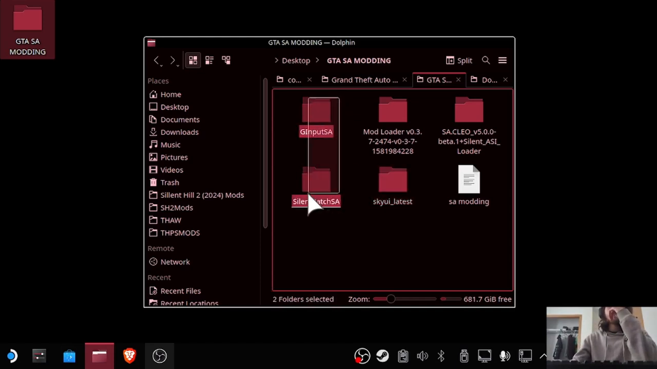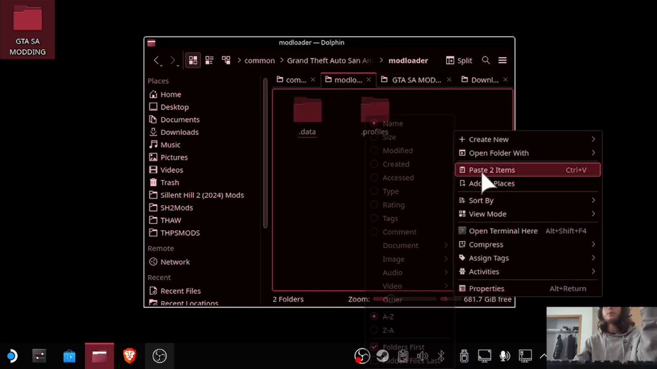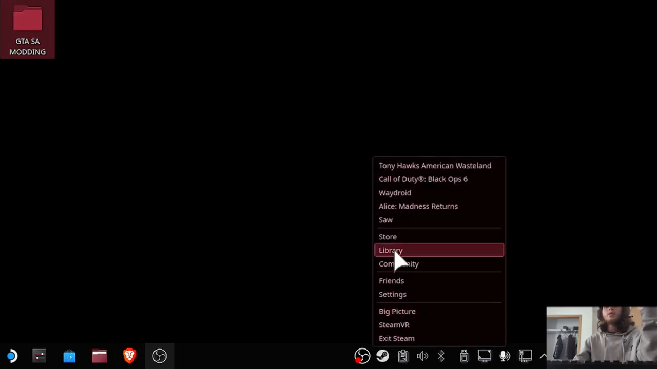Now for the rest of these two, ginput just allows Xbox-like controller prompts, so it actually just pops up the Xbox prompts instead of doing Joy 1, Joy 2, Joy 3, like the old direct input bindings. It makes it one that is easier for controllers. So we're just going to copy that and we're going to put that into our modloader directory. Paste it like that. And then